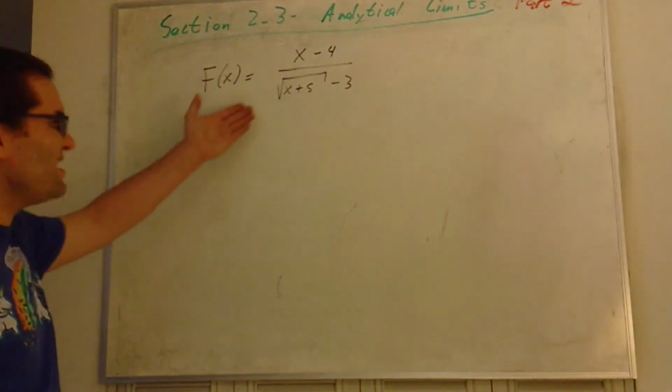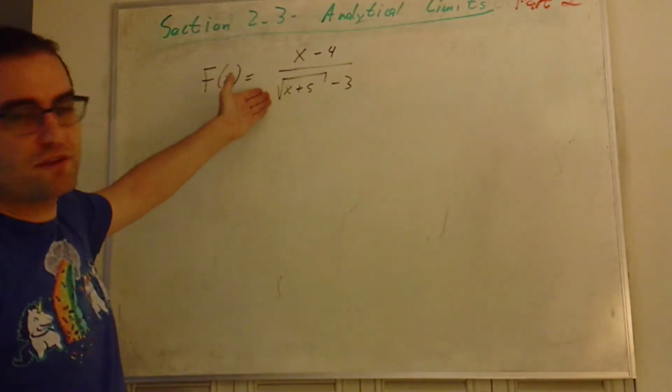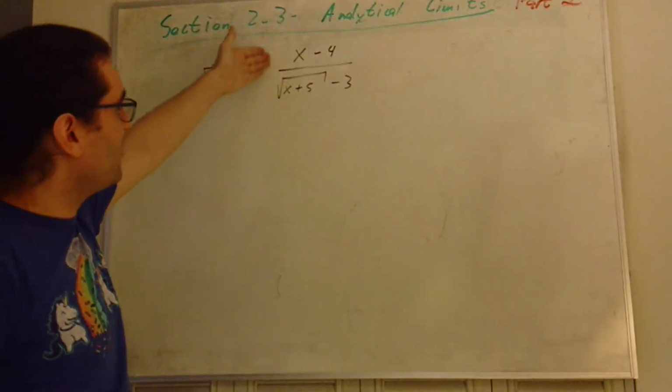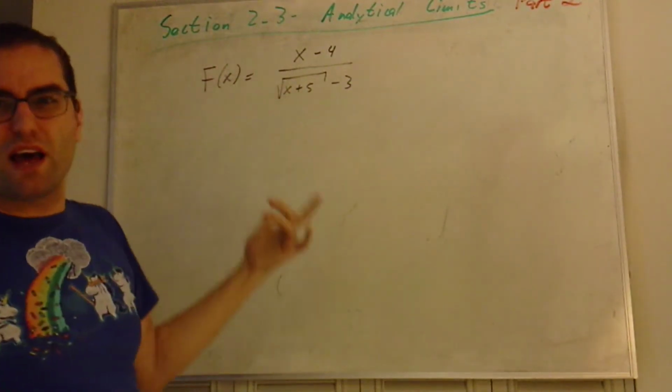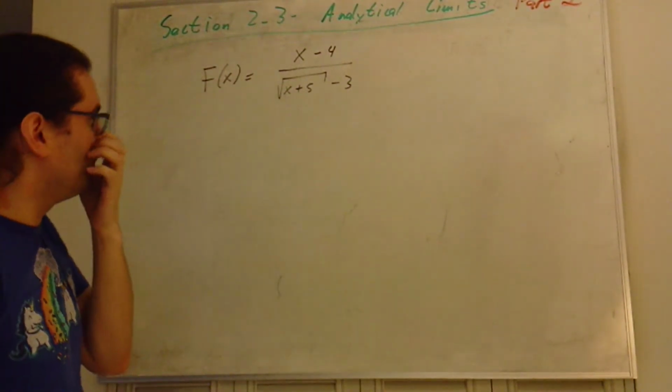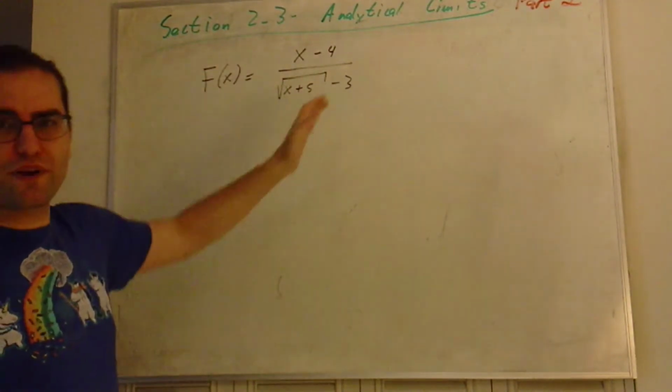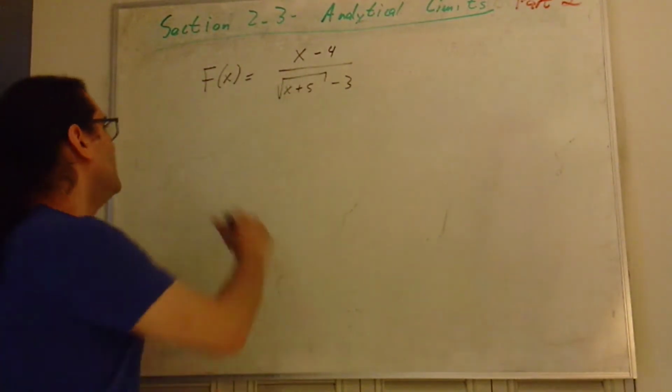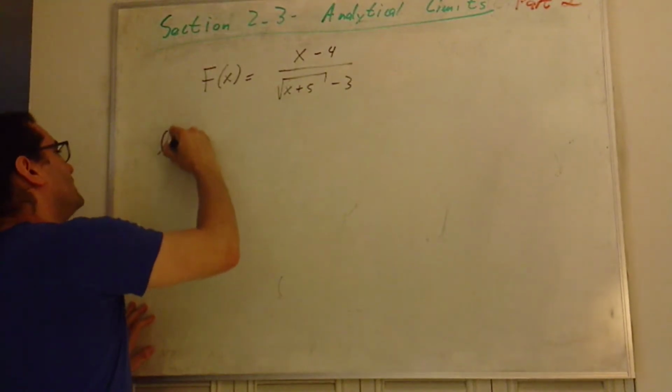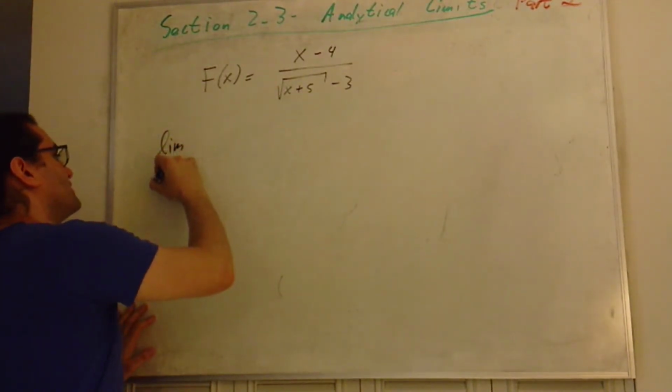This is like a rational function, except there's a square root in the bottom. It's not a polynomial divided by a polynomial. I don't think there's any really easy, good way to classify this function. It's just a weird nonsense function. So let's find the limit of the weird nonsense function